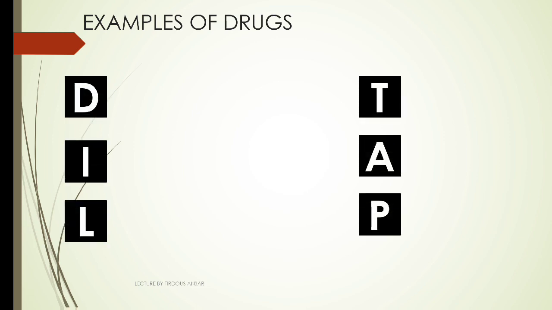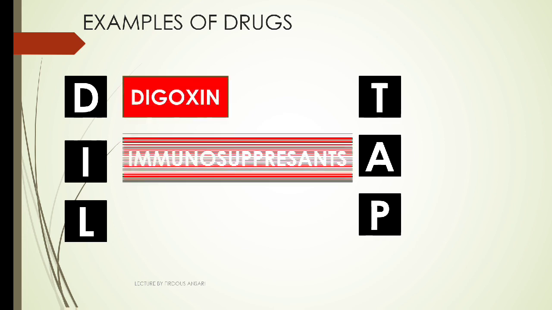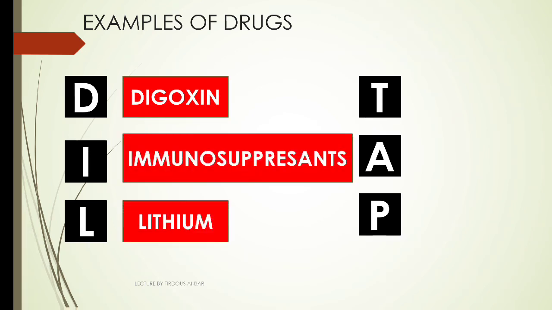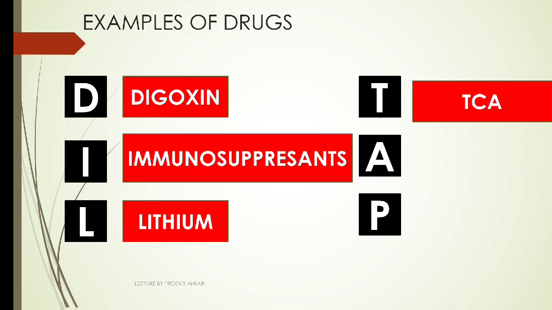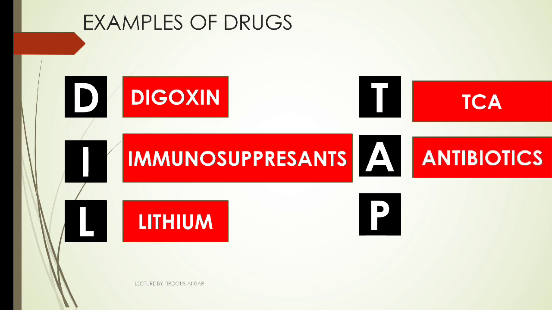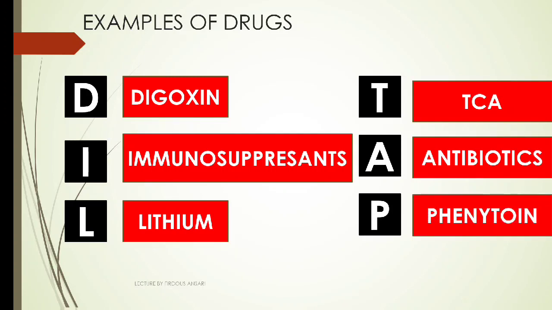Lastly, we'll check out a few examples of drugs where TDM can be applied. You can remember it with a simple mnemonic, DIL tap. DIL means heart in Hindi. Like if you care for someone, there will be a tap in their DIL. This is a silly example, but it is okay for remembering the drugs. D for digoxin, I for immunosuppressants, L for lithium. Lithium is used for bipolar disease. T is for TCA, that is tricyclic antidepressants. A is for antibiotics, and P for phenytoin. Not only phenytoin but various other anti-epileptic drugs; for them also we can do TDM.